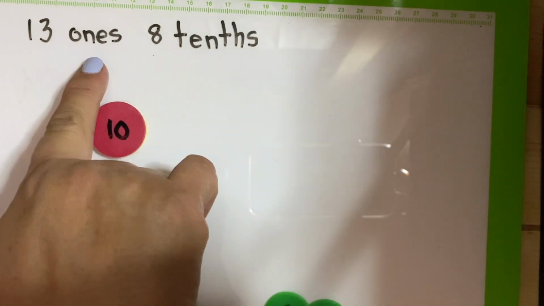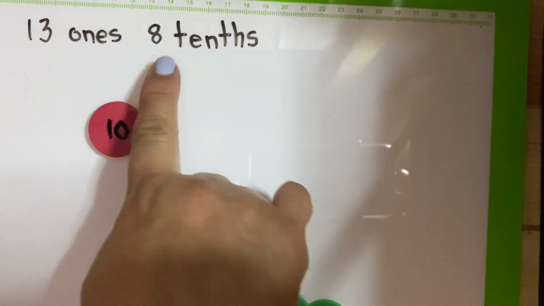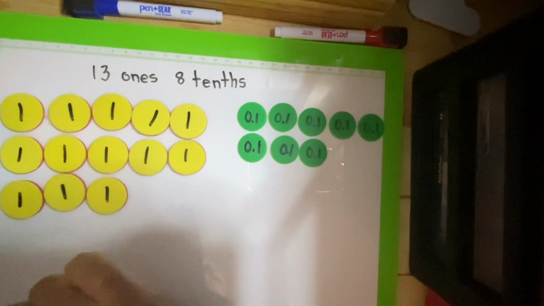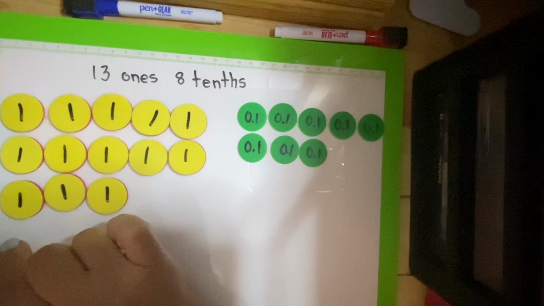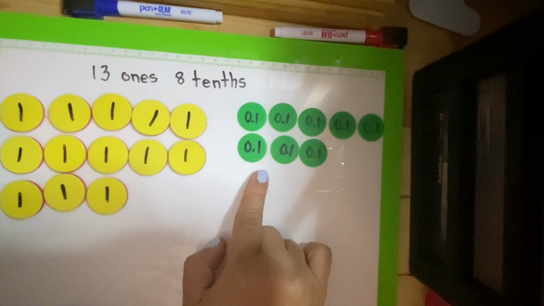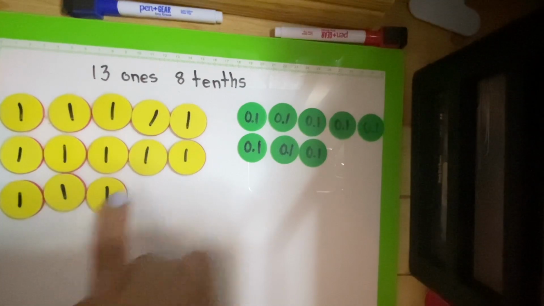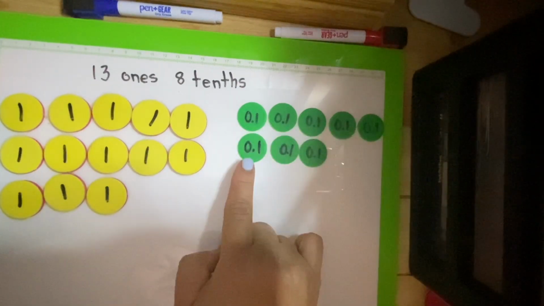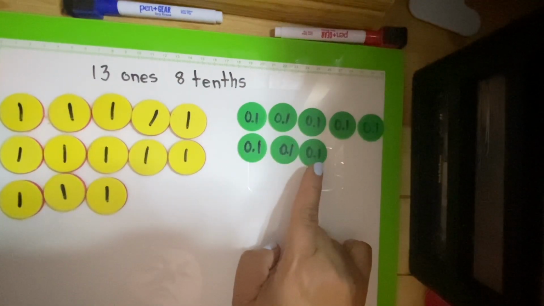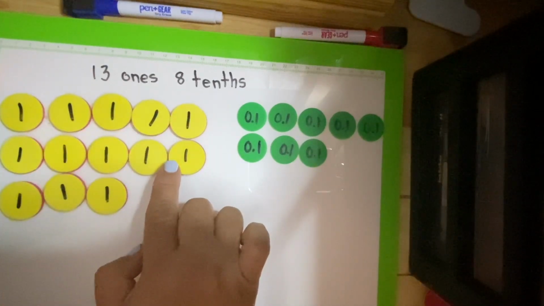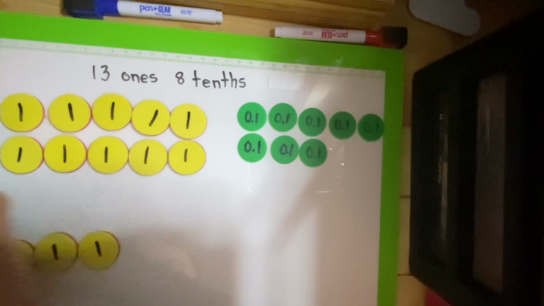Let's look at 13 ones and 8 tenths. So now I have 13 ones and 8 tenths. 5, 10, 11, 12, 13, 5, 6, 7, 8. So if I take this one group here and I bundle it to get one group of 10,